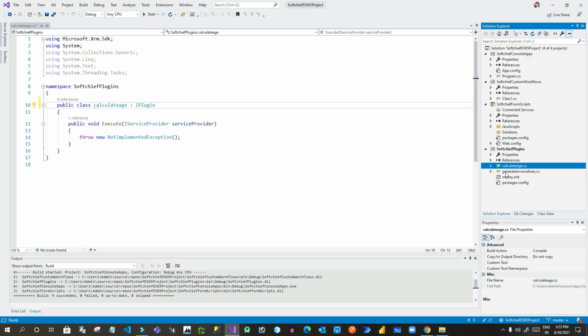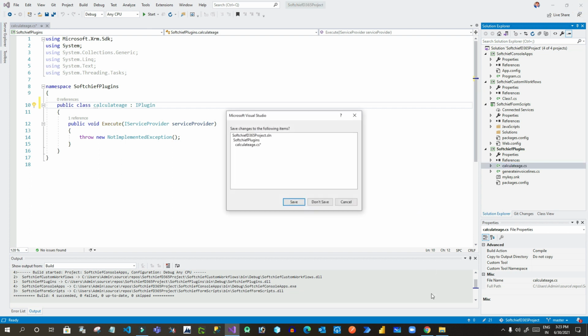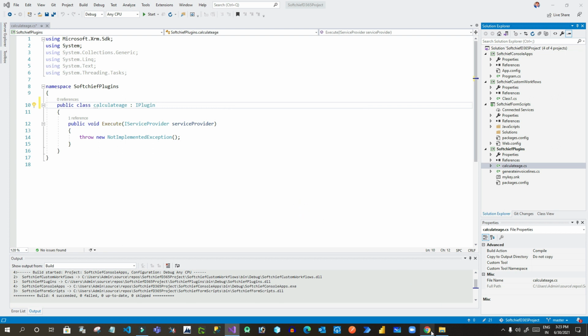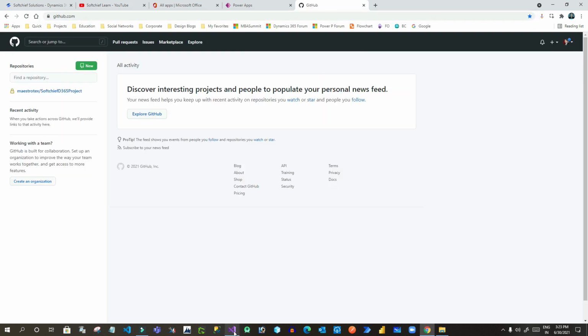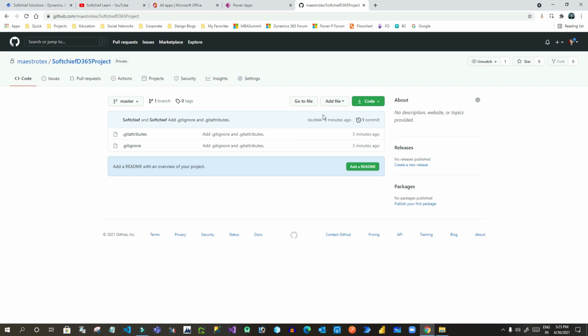Okay, now I will just close this and I will just save these changes. I'll go to my GitHub to check if it is pushed or not. So here, this is the project that is created for me, right?